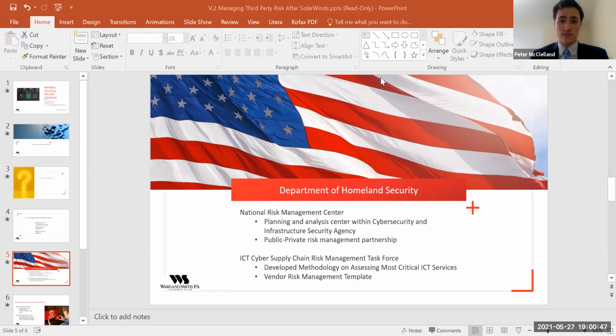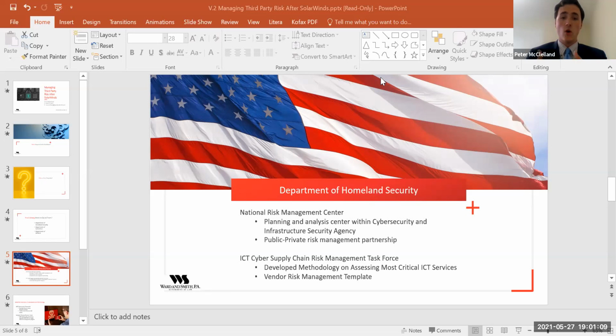As part of the National Risk Management Center, they have a task force. The federal government likes very long acronyms. It's the ICT, Information and Communications Technology, Cyber Supply Chain Risk Management Task Force, which is a very long name for a group.